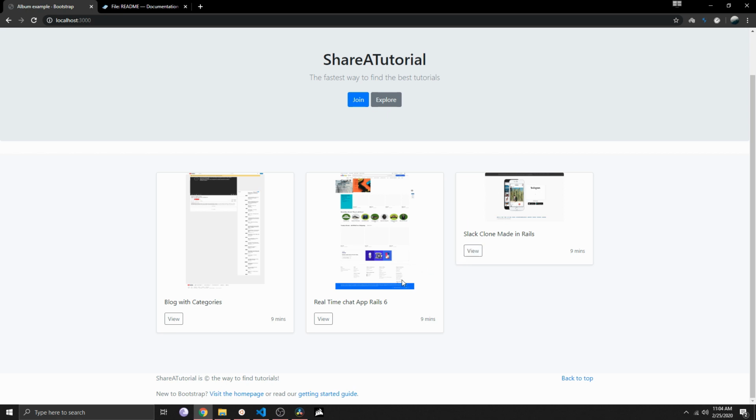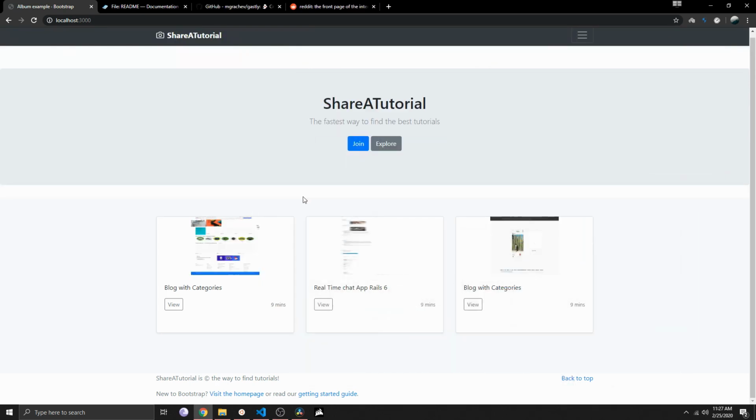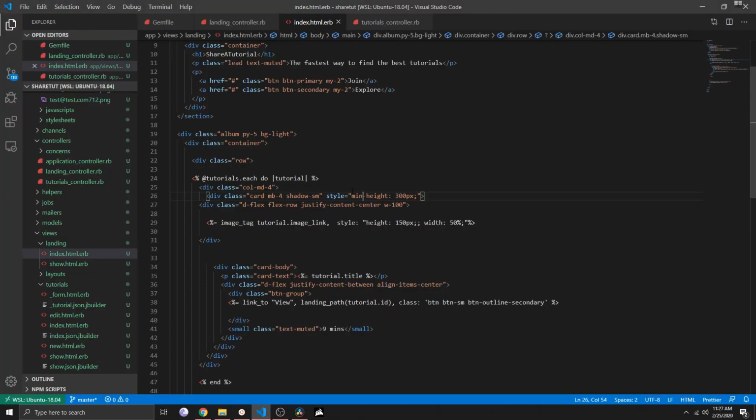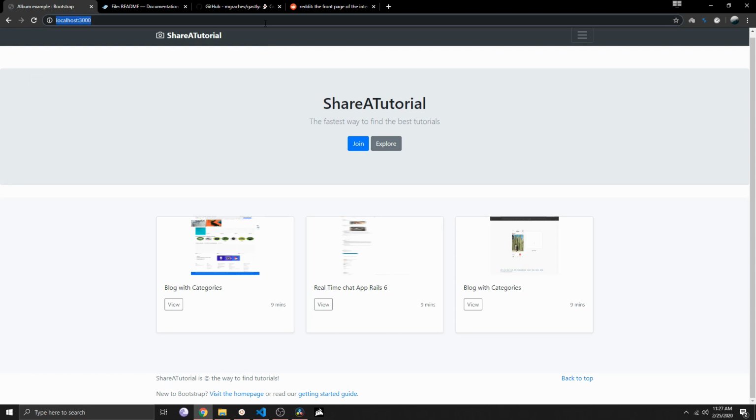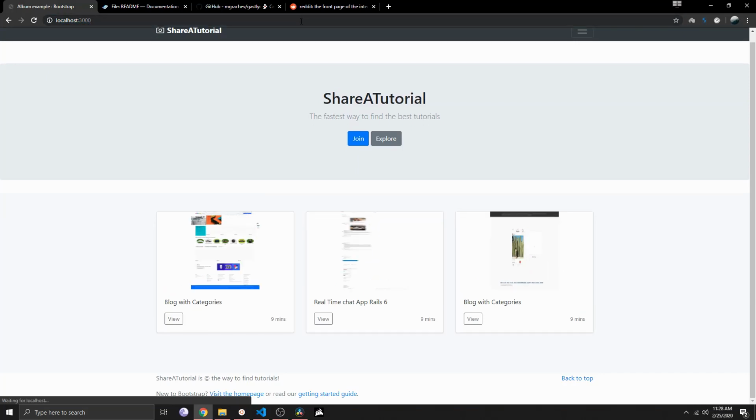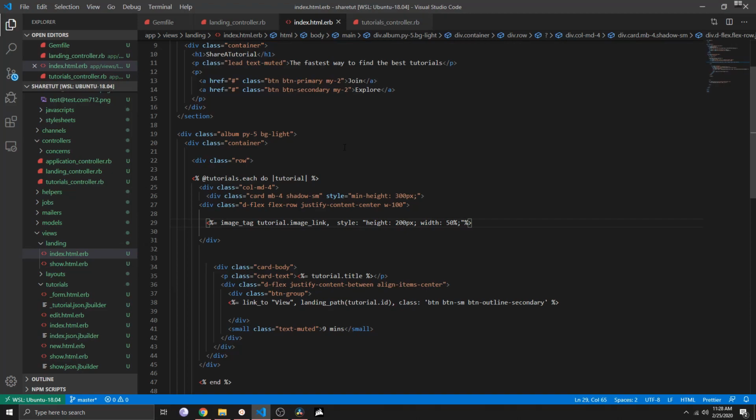Yeah, that looks good. For some reason I don't like that this is so small. Okay, so I was kind of like able to fix this finally. All I did was I added to the card a style of min height of 300 pixels, and then to the image tag a height of 150 pixels, and then to the width a 50%. Okay, this way it kind of works. Okay, I mean, you can play around with it, but obviously we would need to kind of like crop our image, but